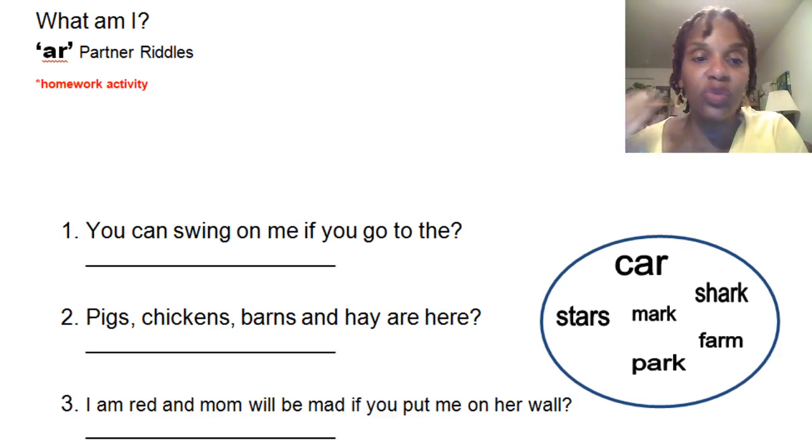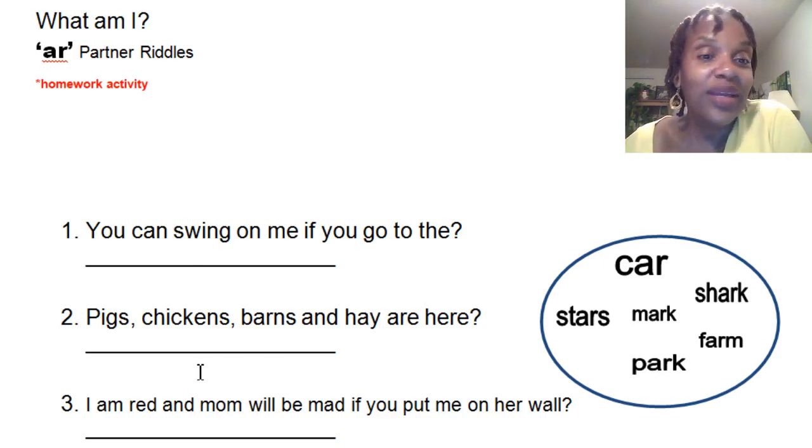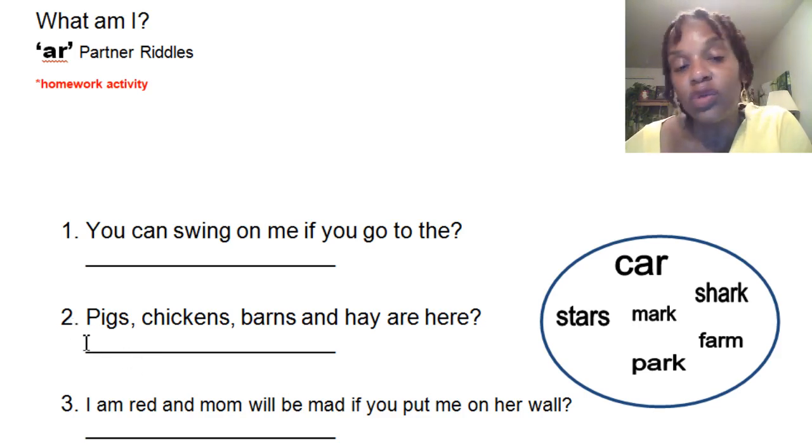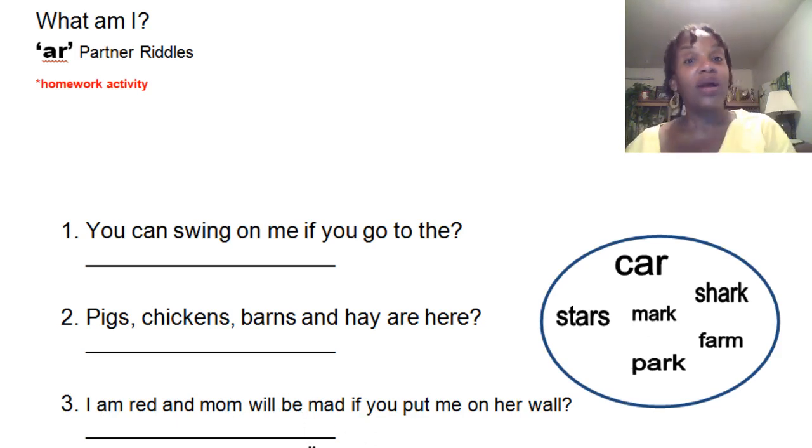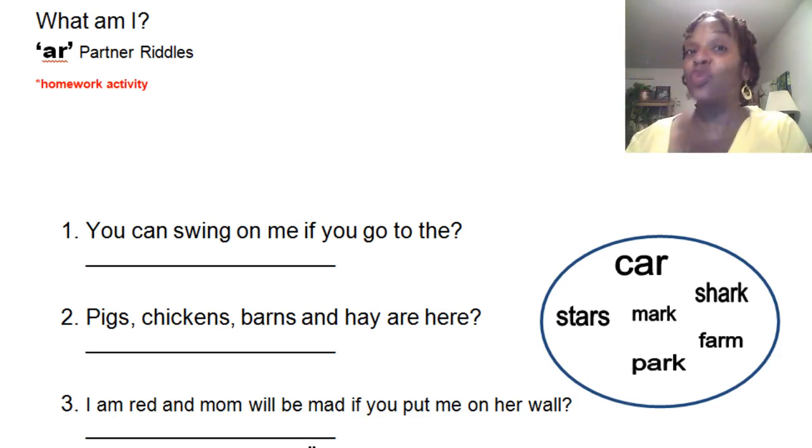So what am I? Here's a riddle. You can swing on me if you go to the park. All right. So what am I? I'm a swing. All right. So riddle number 2, pigs, chickens, barns, and hay are here. What am I? I'm a farm. All right. And number 3, I am red, and mom will be mad if you put me on her wall. I'm a mark. So if you run around writing with a red crayon on mom's walls,